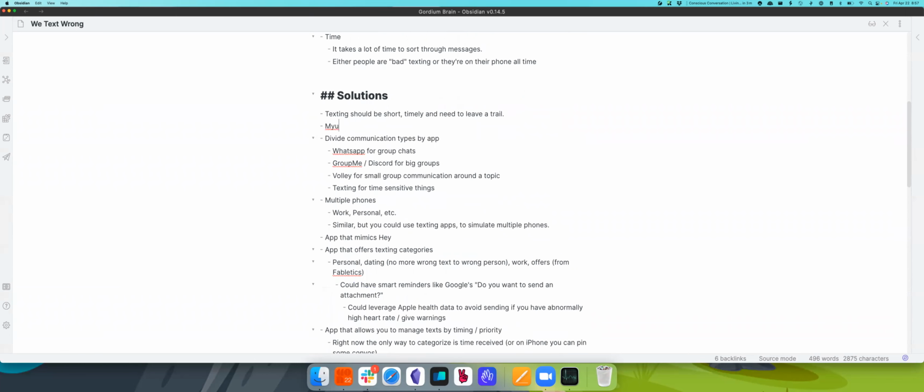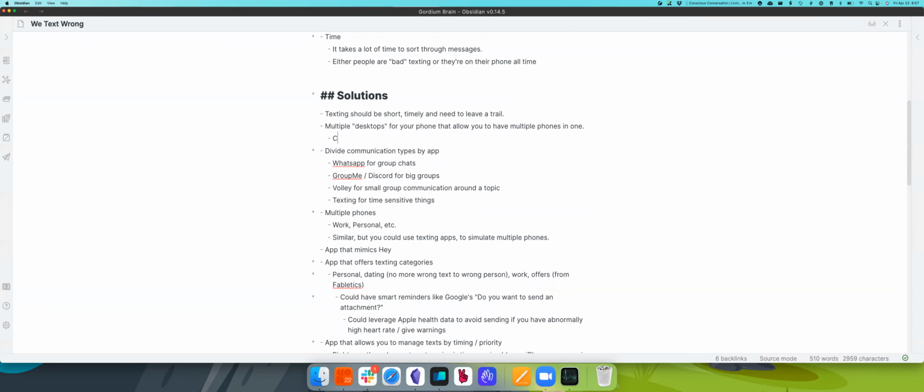You're at work, so you just switch to your work desktop on your phone. And then you don't have your Instagram there. And what if that allowed you to have multiple phone numbers? You're on your work desktop, so your work phone number is there, and then you go to your personal desktop, and I say that with air quotes around it.